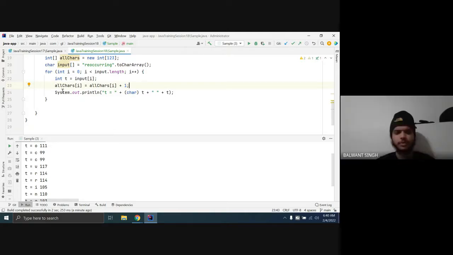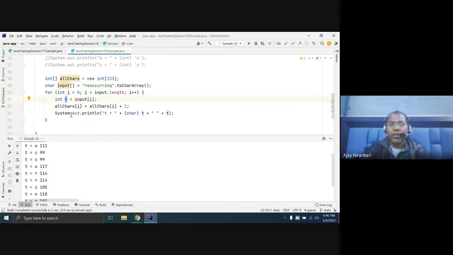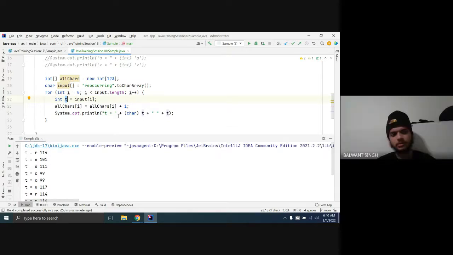Sir, there should be T, I think so. The all character at T. T is the index of your R. Sorry, T is the ASCII value. T is the ASCII value of R. Just don't remove it, to avoid confusion.